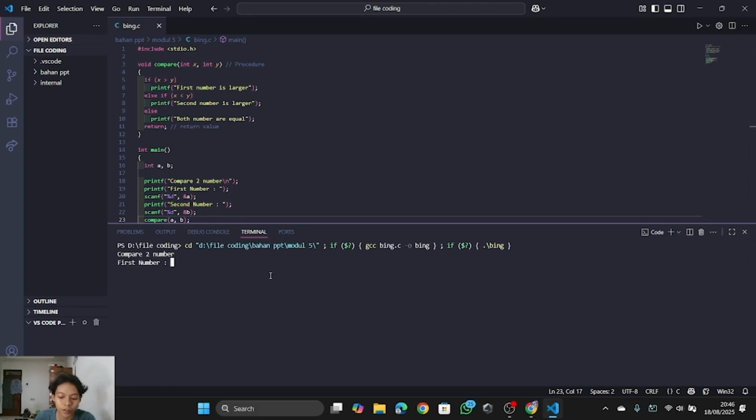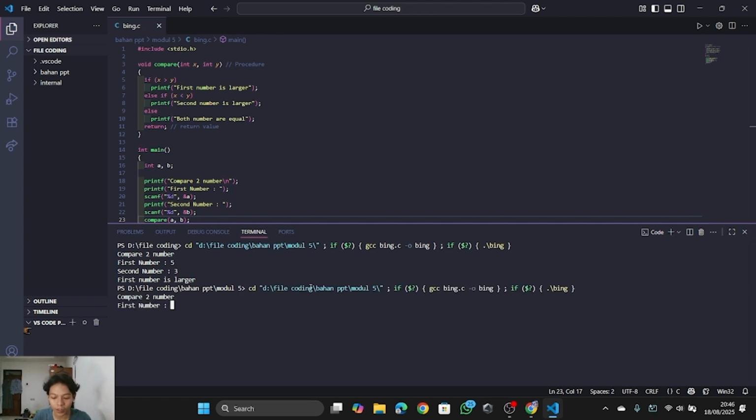First, we will enter the first number, for example 5, and then the second number, for example 3. This will display first number is larger. For the second example, we will try entering the first number as 3 and the second as 7.